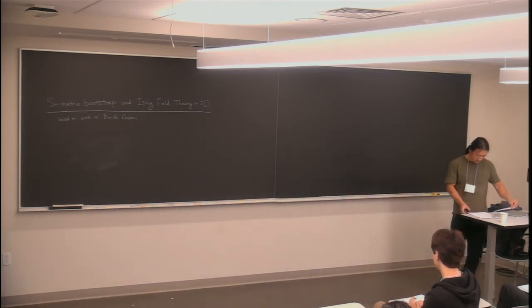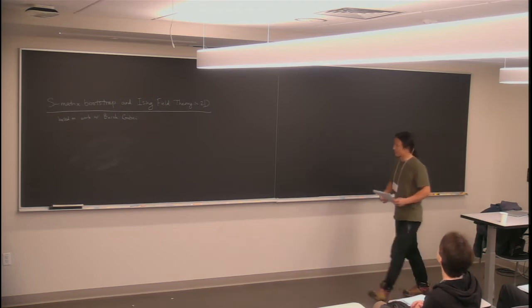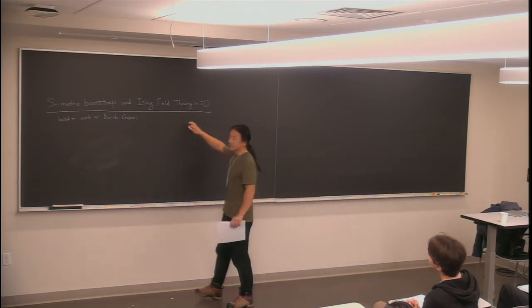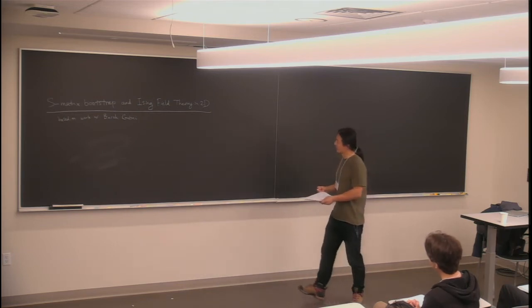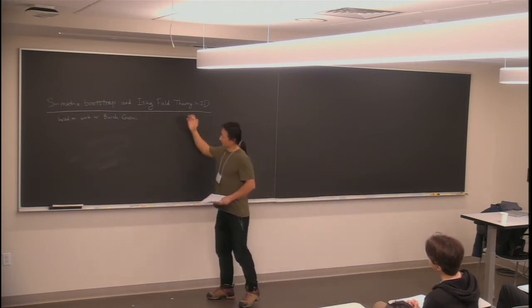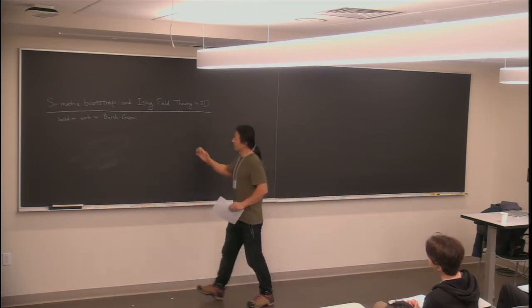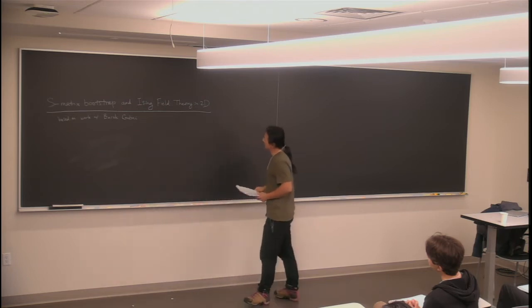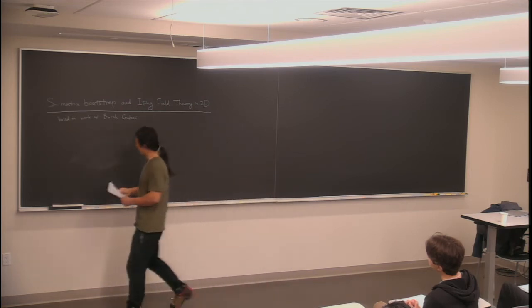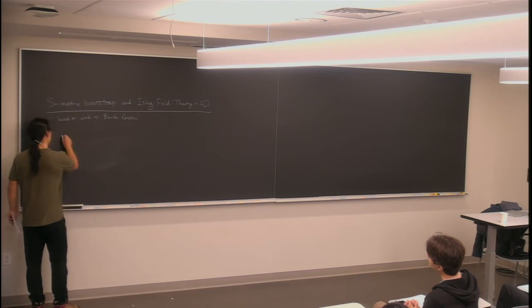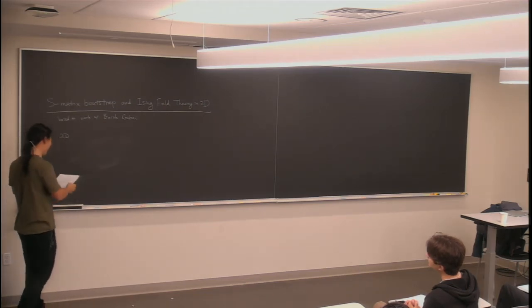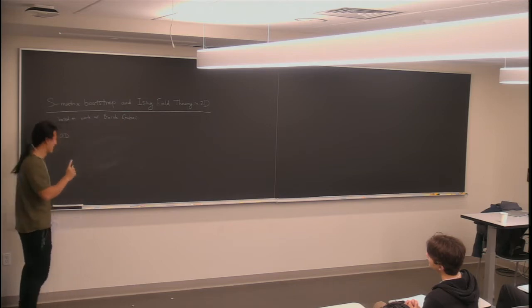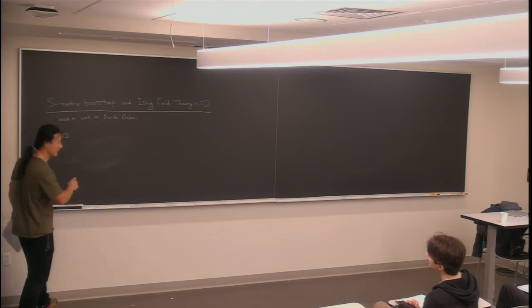Before getting to that, though, let me just explain what I mean by the Ising field theory in 2 dimensions, just to set up the subject of study. As I said, I'm going to describe a very general set of methods, but the main example I'm going to apply this to is the 2D Ising field theory. Since everybody knows what the Ising model is, you might suspect this theory is somewhat trivial, but the point of this is to explain why it is non-trivial.